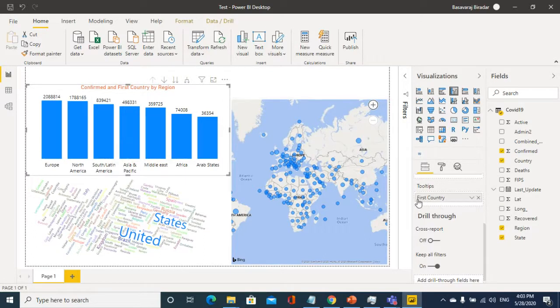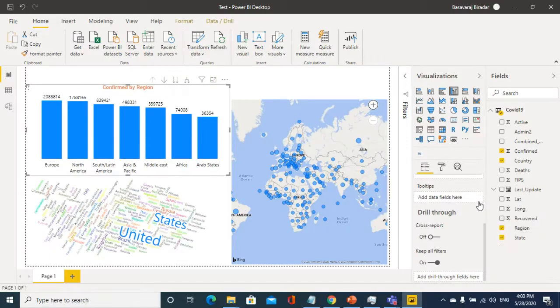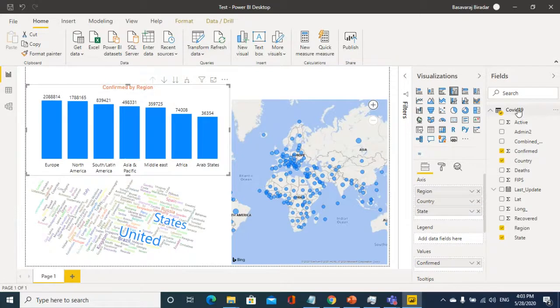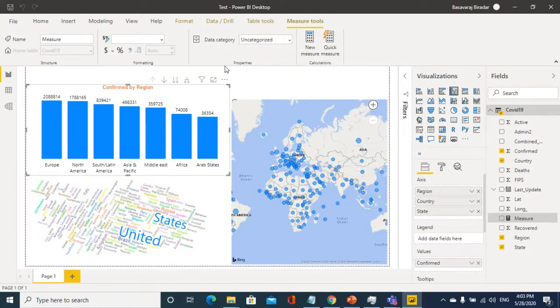So if you see here, it is telling only the first country. It does not have an option to show all the countries. For that, we can create one dynamic column called a measure. Yeah, you can say a computed column kind of thing. So I'll name that column country list.